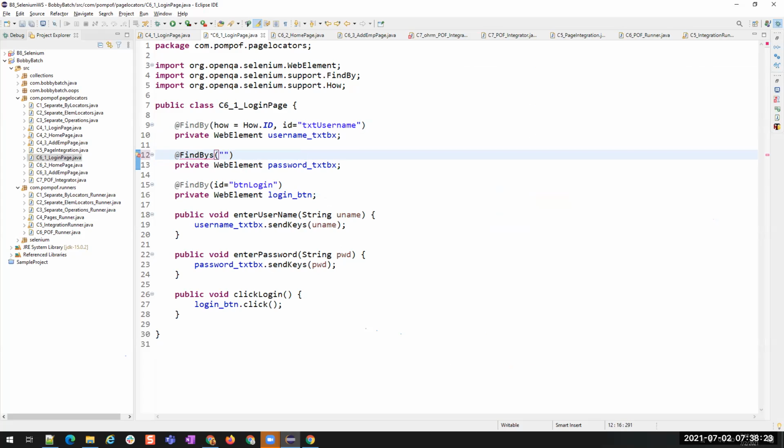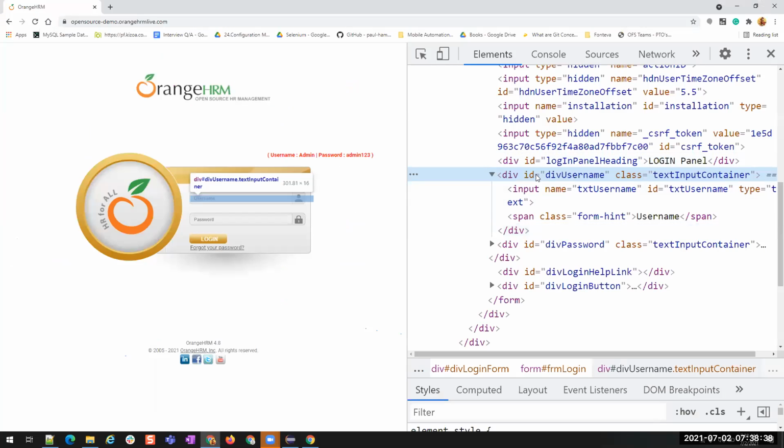Okay, at the rate of FindBys, you will find one, and then you will add the other one. So two locators you have to give, and then those locators you have to mention inside the FindBys. So first one, what is that? I want to find this div. Okay, div id is equals to username.